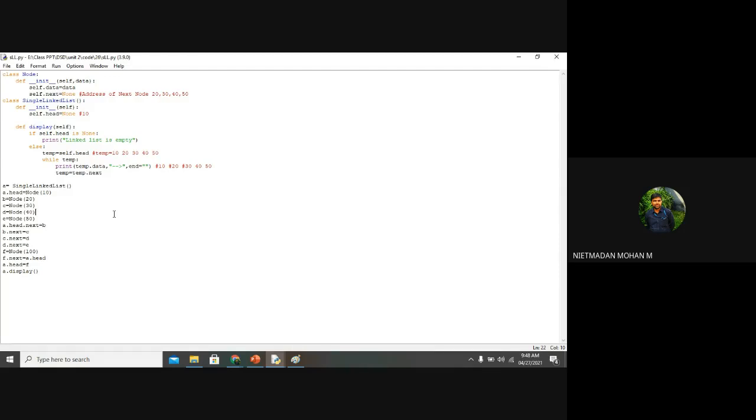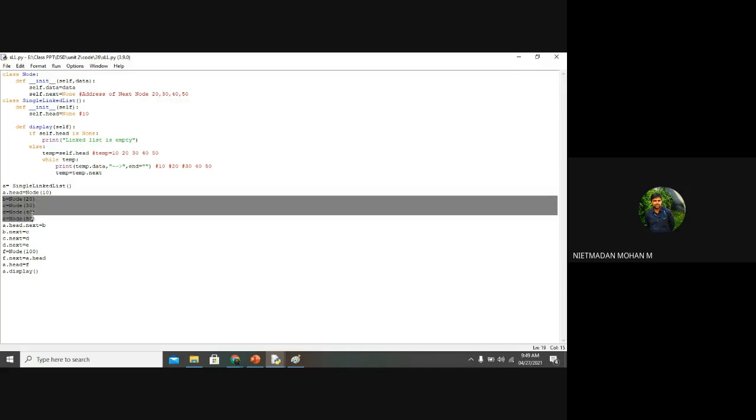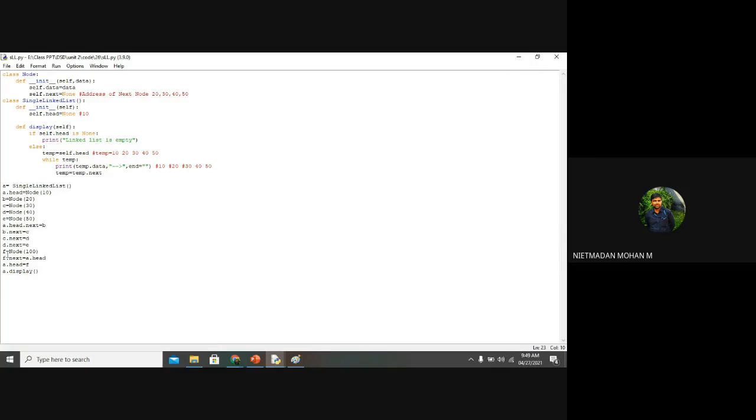So three things are to be mentioned here. What we have done is we have created a linked list, we have inserted a node at the end of the list, and we have inserted a node at the beginning of the list. Is that right? Yes, sir. So here we have created a linked list, and we insert the node at the end of the list, and this statement represents that we have inserted the node at the beginning of the list.